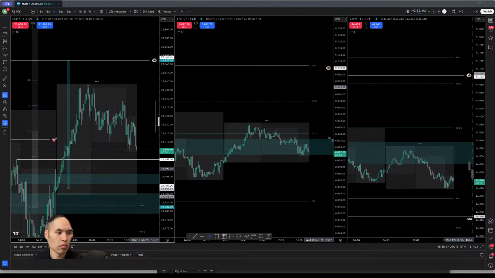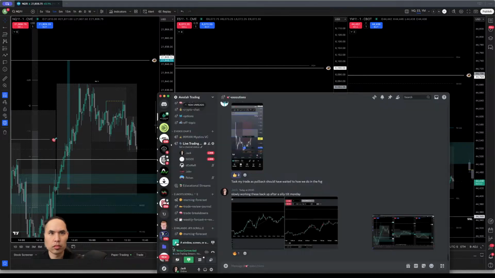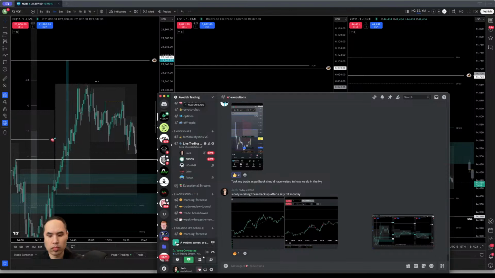Originally, I wanted to target previous day high, but we'll see if we do that. I got stopped here, maybe an emotional stop. You don't partial when you're trading? No, I partial. So my partial would have been, I like the idea